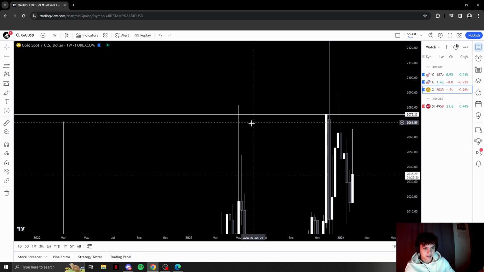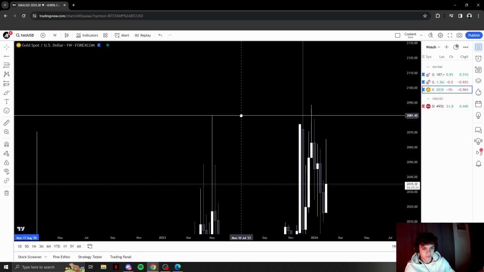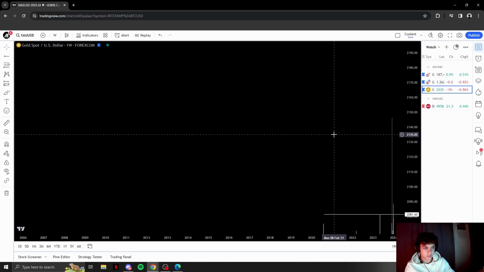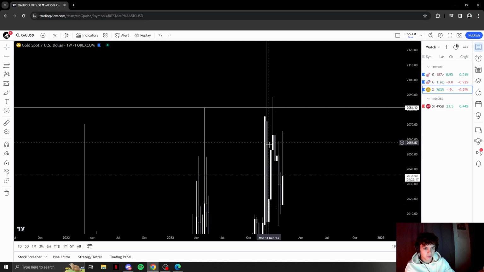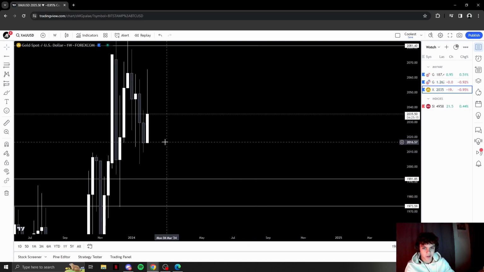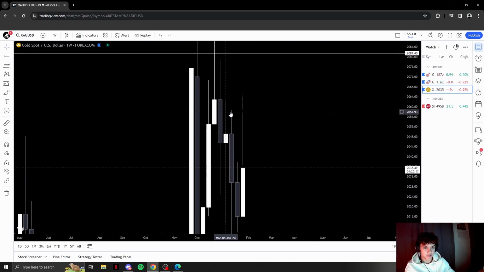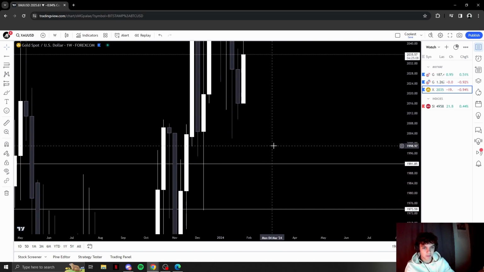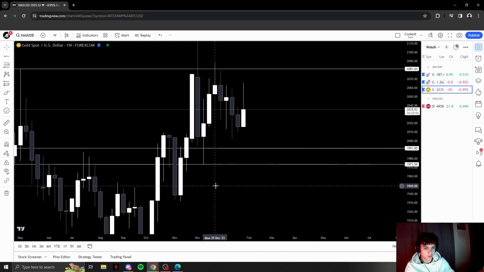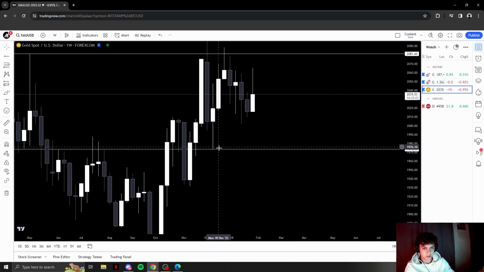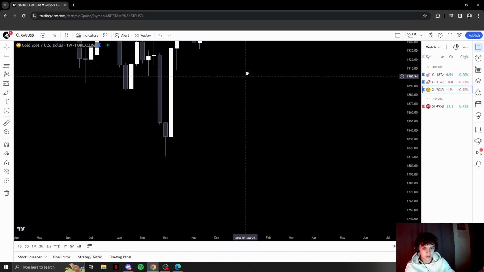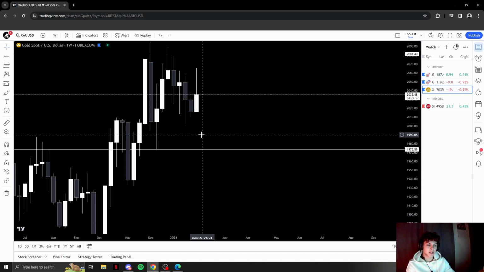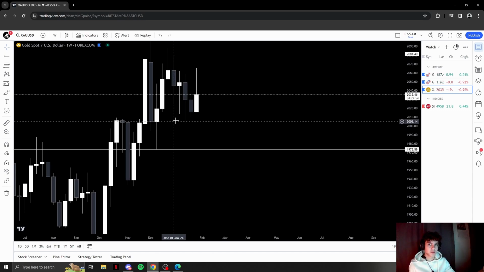And again here, this liquidity gets swept, continues up, goes down. And this is also liquidity, gets swept, and now it's going down. Literally so easy to spot. And this is also liquidity right here. This is liquidity. This is liquidity. Every low and high that has not been swept in higher time frames is liquidity.